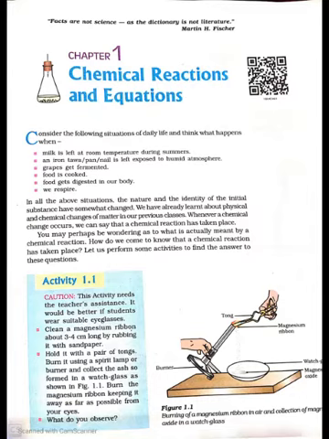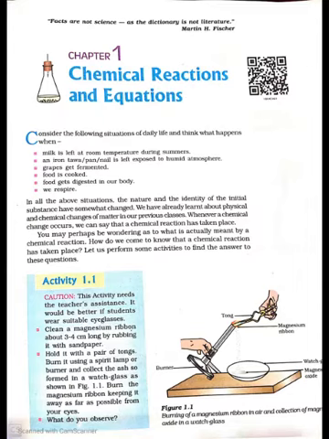Step 7. Writing symbols of physical states. Carefully examine the above balanced equation 1.9. Does this equation tell us anything about the physical state of each reactant and product? No information has been given in this equation about their physical states. To make a chemical equation more informative, the physical states of the reactants and products are mentioned along with their